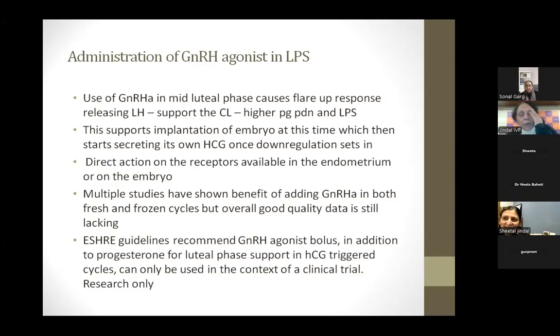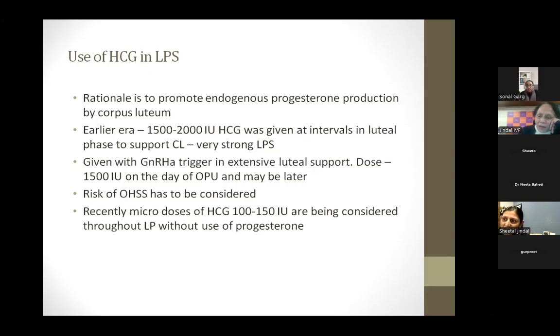On the HCG dose during the luteal phase in fresh transfer, I think we used to give it routinely in the beginning, but it was very risky. I do remember that a few patients landed up in OHSS because of this. And if you now give it with a GnRH agonist trigger as extensive support, I think this is again very risky, because a GnRH agonist trigger is usually given when there are a large number of follicles, and if you support with HCG during the luteal phase, then the whole purpose is gone.